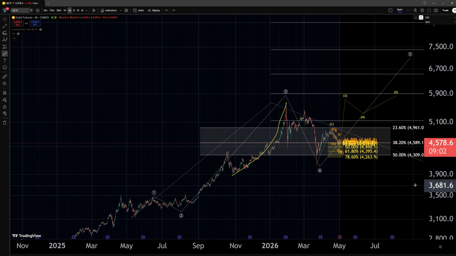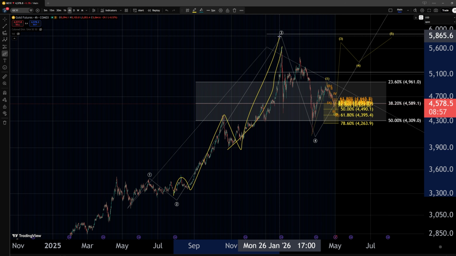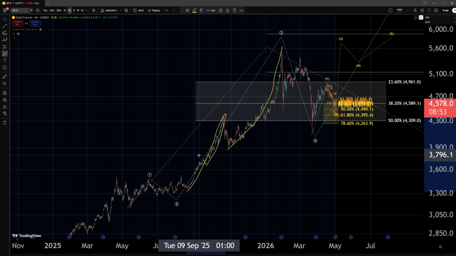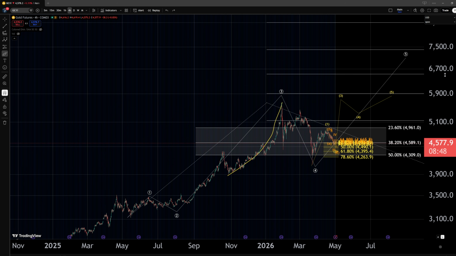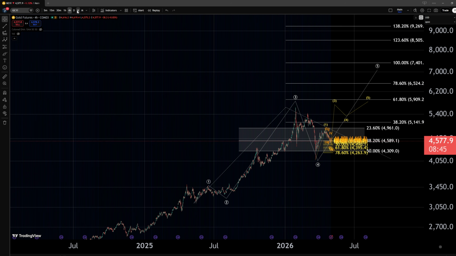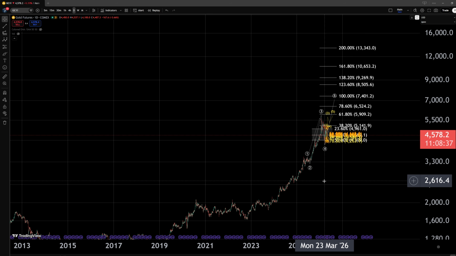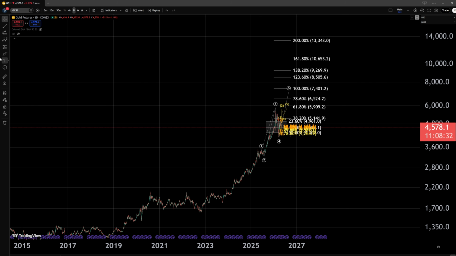If I actually go into the internal structure and consider this 1, 2, 3, 4, 5, well, the wave 5 of the wave 3 itself is also quite extended. I wouldn't be shocked at all if we form a large extension within the wave 5 itself, which in turn, realistically, if you've been following these updates on the gold chart for a while now, you would know we would still be possibly within a quite substantial large wave 3. There is plenty of room to extend to substantially higher prices on this chart,